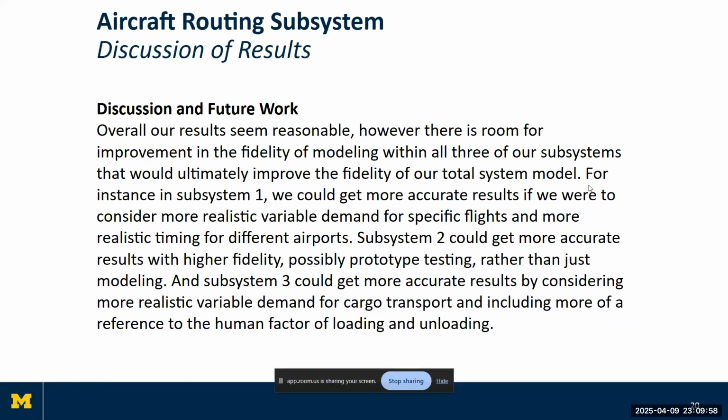Overall, our results seemed reasonable, but we can tell there's room for improvement in the fidelity of modeling within all three subsystems that would ultimately improve our results. For instance, subsystem 1 could be more accurate if we considered more realistic variable demand for specific flights and more realistic timing for different airports. Subsystem 2 could benefit from possibly prototype or generally higher fidelity testing more than just the simulations. And subsystem 3 could get more accurate by considering more realistic variable demand for cargo transportation and more of a reference to the human factor in the loading of the